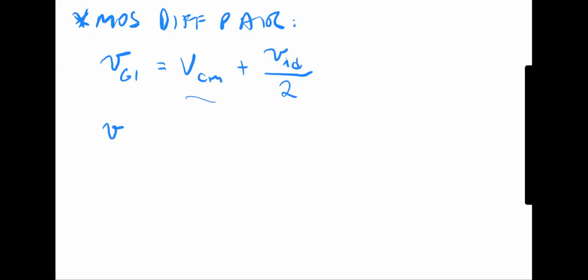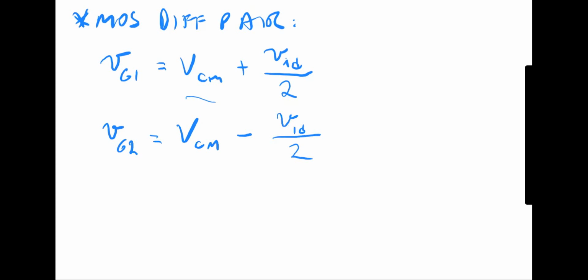Therefore, the voltage at the gate of transistor 2, we're going to define as that common voltage minus the differential voltage divided by 2. So if you subtract VG1 from VG2 and take the absolute value, it gives you the differential voltage. But we have to realize that there is this common voltage, and ideally it would be the same,